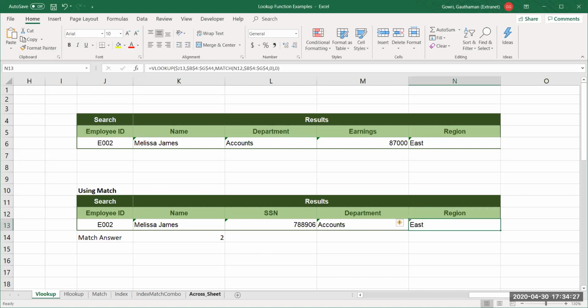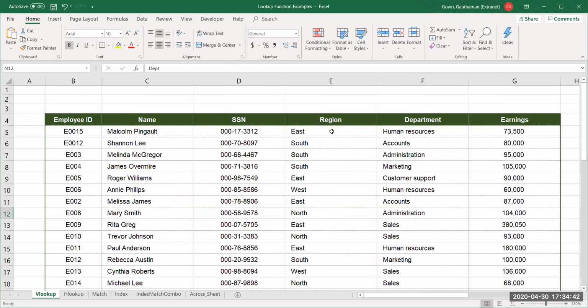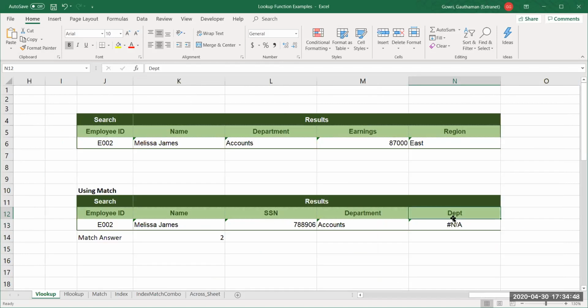So you should only make sure the spelling is correct. If spelling is wrong, you'll not get it. See, if I say DEPT, it will give me an error because there is no such value in the headings of this data. Whatever value you provide there should match with the headings of your data selection.